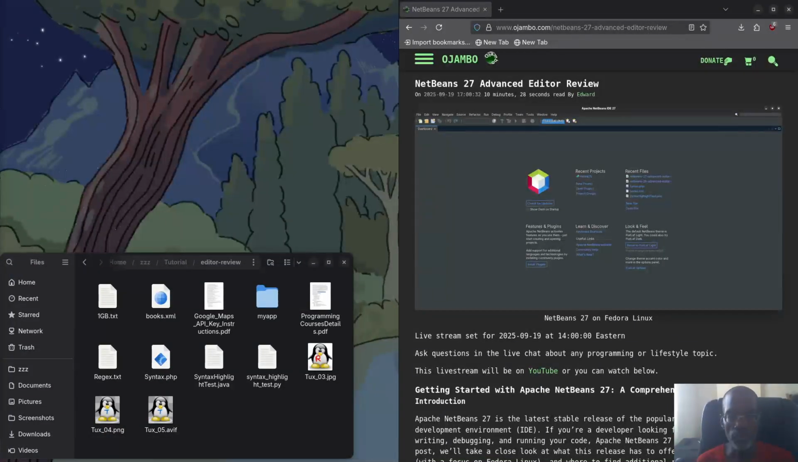So greetings, this is Eduardo Ojambo. In today's tutorial, I'm going to show you how I upgraded from NetBeans 26 to NetBeans 27. It's Apache NetBeans IDE. And I'm also going to review it as an advanced text editor for my use cases